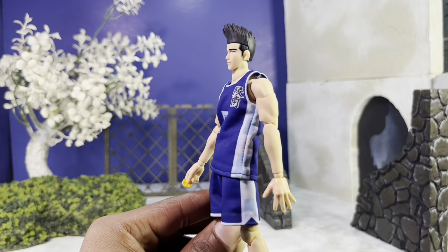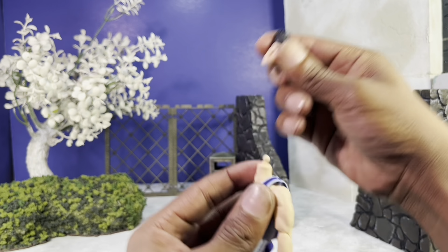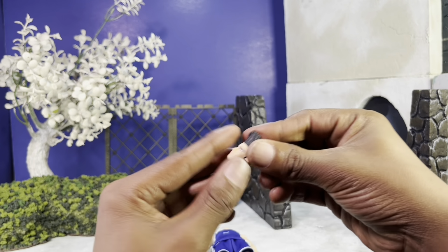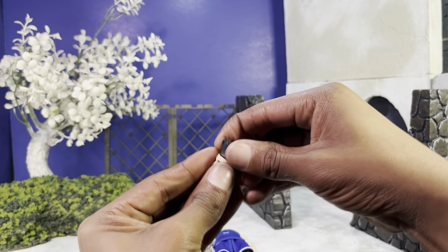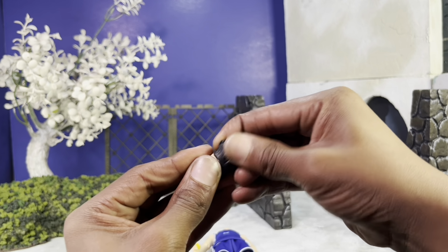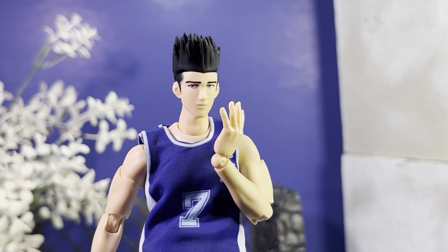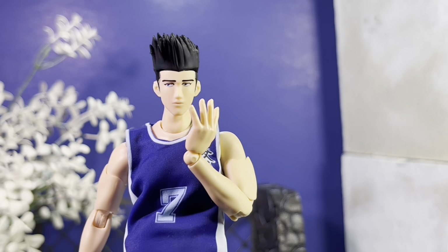I showed you that. I'd say take your time when you're swapping out the hands. It is a little bit tight, and it's also really tight trying to swap out the head. What I would do for that is just swap off the head, and then this top kind of comes off really stiff. So yeah, the hair just pops off like that. Nice tight fit. And then he comes with three additional faces,